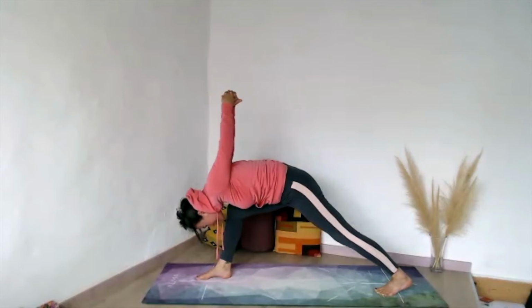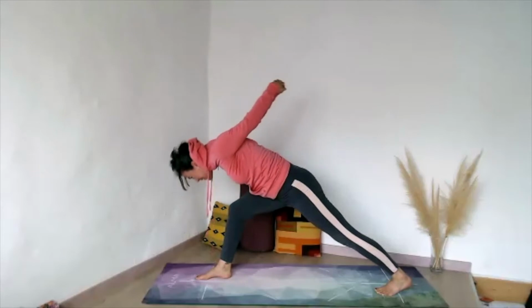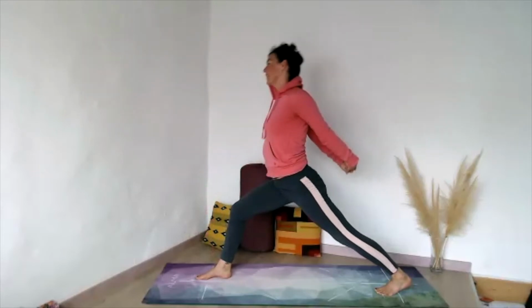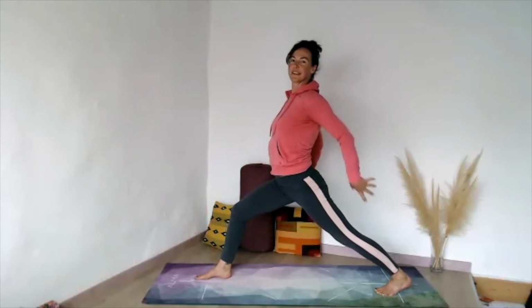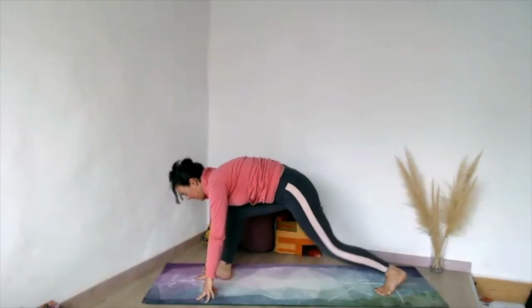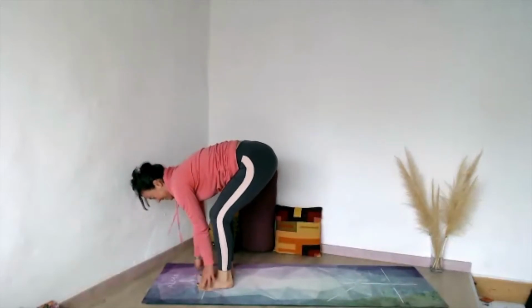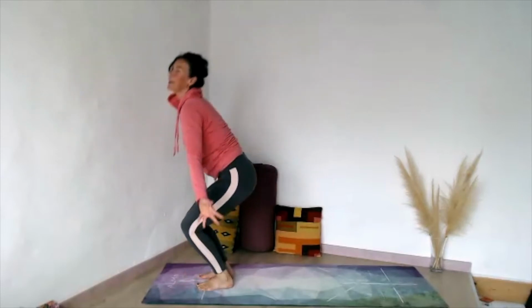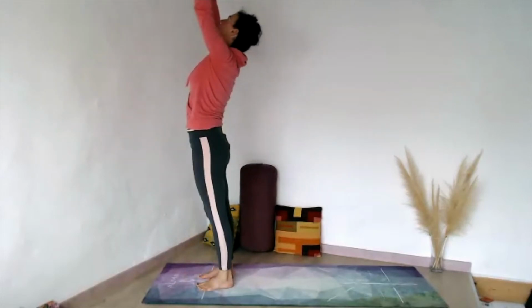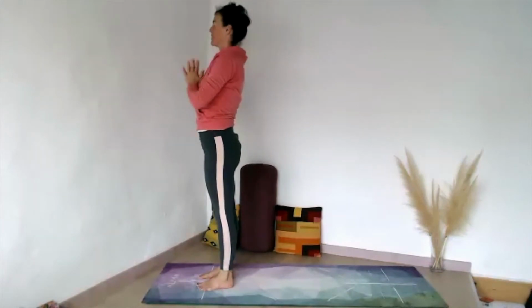We squeeze the shoulder blades together. And inhaling, we lift, guiding with the hands to come back to the center. Releasing the hands, we bring them on the floor, either side of the front foot, stepping the back foot forward, bending the knees, inhaling all the way to the center, lifting the arms, palms together, exhaling,